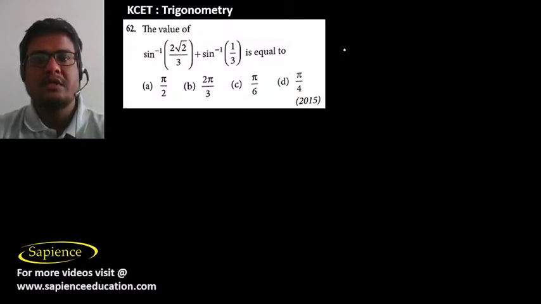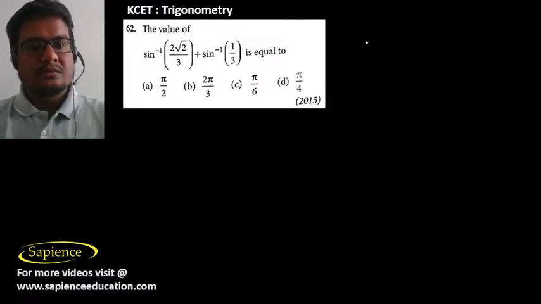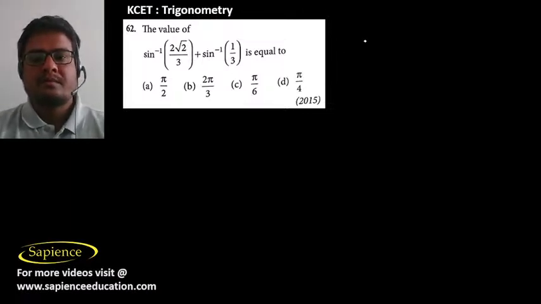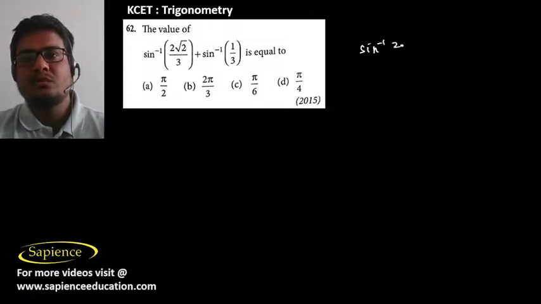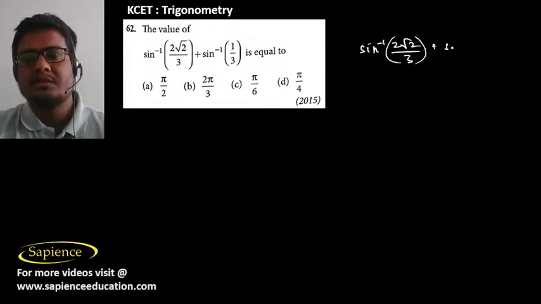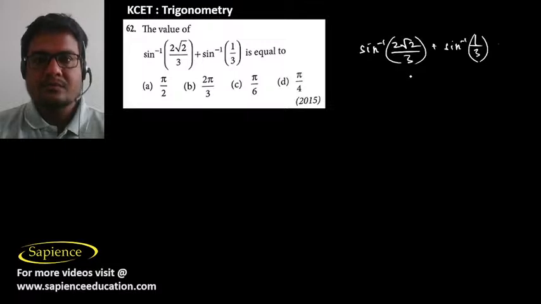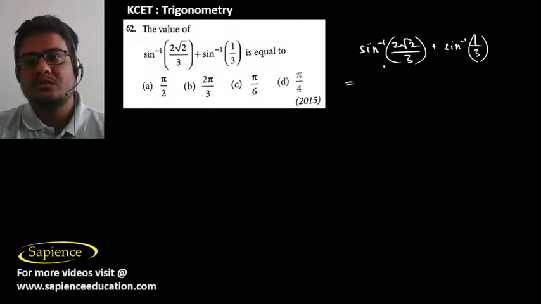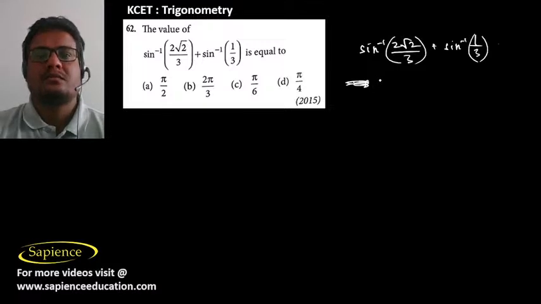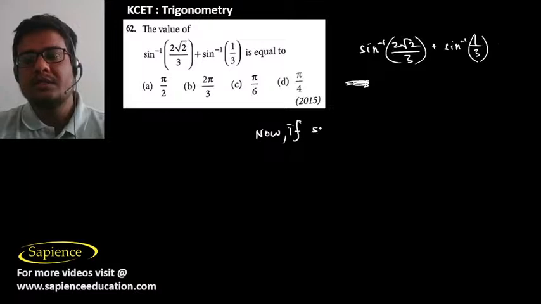Then here it is told, find the value of sine inverse 2 root 2 by 3 plus sine inverse 1 by 3. That is equal to how much? So that will be equal to sine inverse 2 by 3. So you can say that, if we take sine inverse 1 by 3 equal to x, suppose,